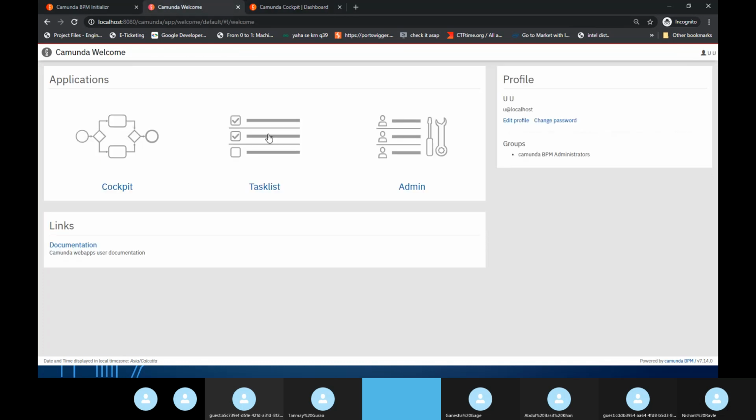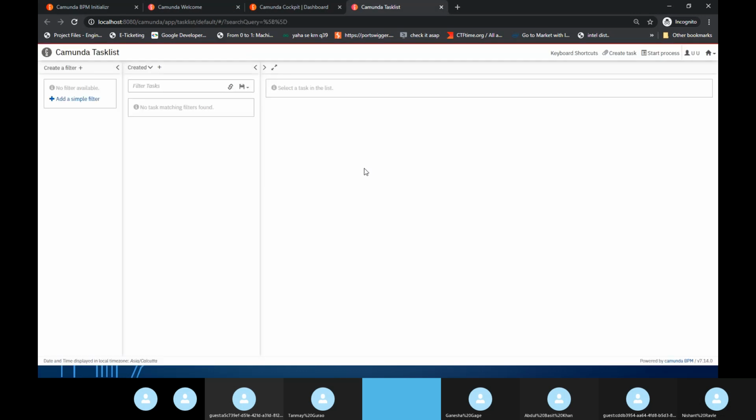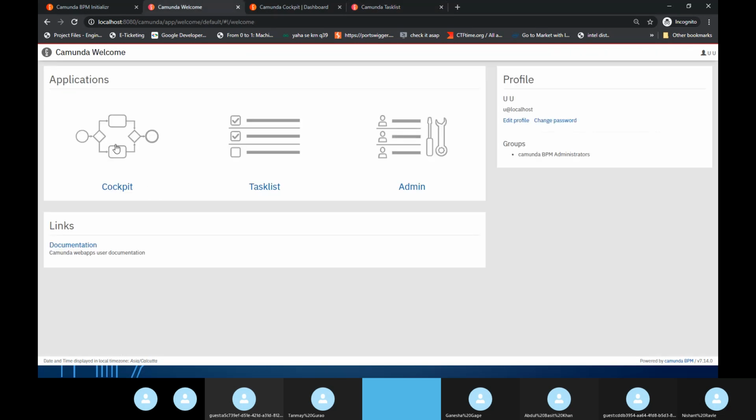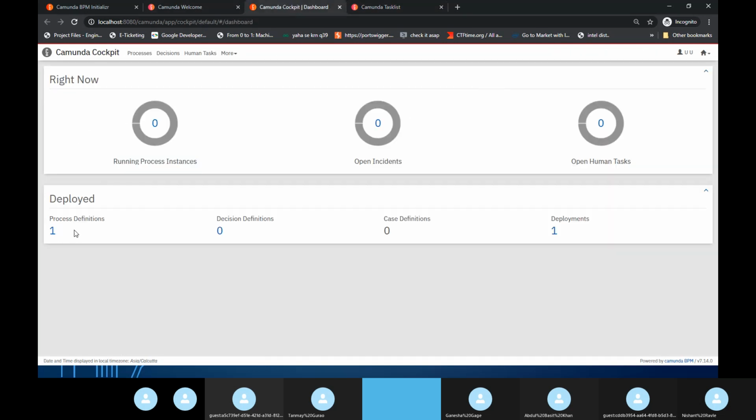Coming to the final panel, the task list simply shows what tasks are pending and to whom. Because I am an admin, I'll be able to see the tasks of Tanmay, Ria, Hemant, and everyone. But if you are a normal user, you will see only the tasks assigned to you. Now, let's talk about how to create a workflow and deploy it. Then we'll talk about each of these terminologies again, because at that time we will be able to understand what is happening. Before developing a diagram or workflow, there is one more thing.